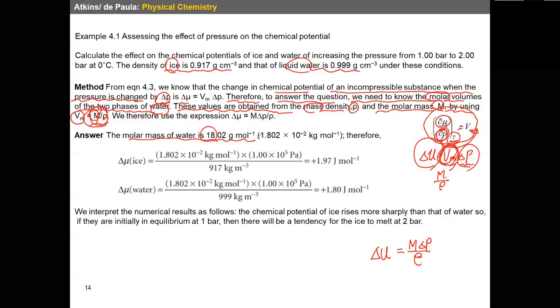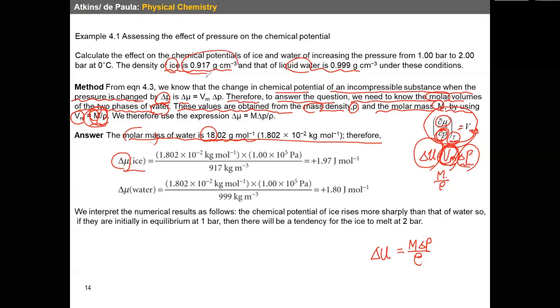So in the homework or exam, I will also provide this molar mass too. So you can simply use those values. You don't need to memorize the molar mass of water. Okay, so anyway, we have this value, and therefore simply delta mu of ice equals